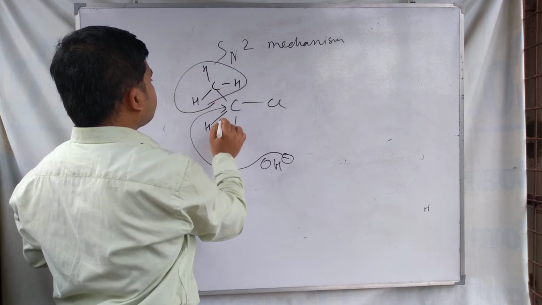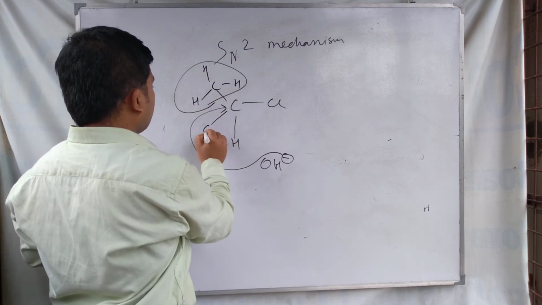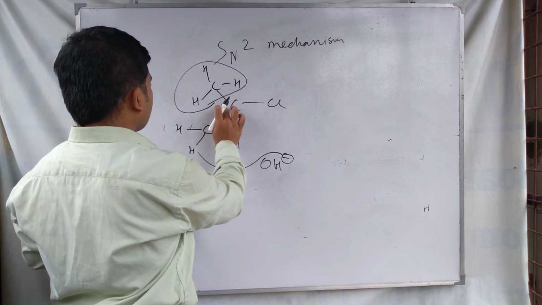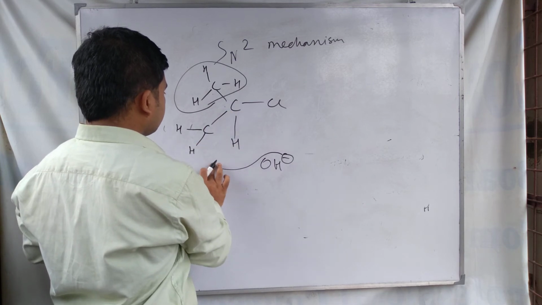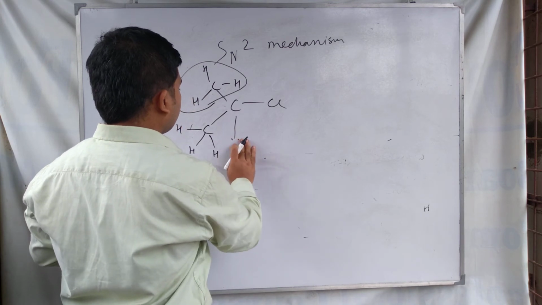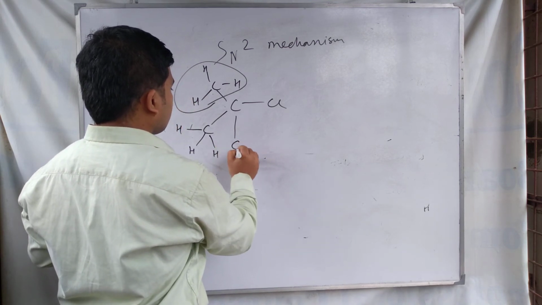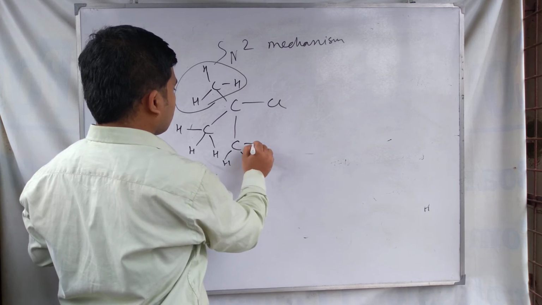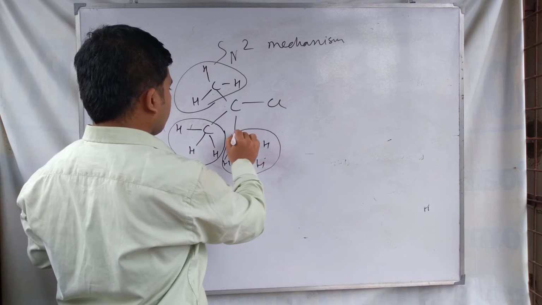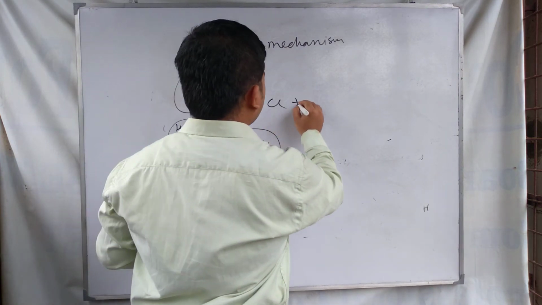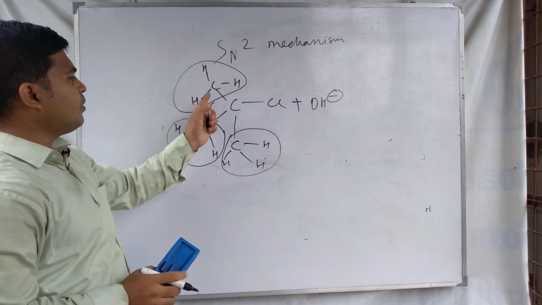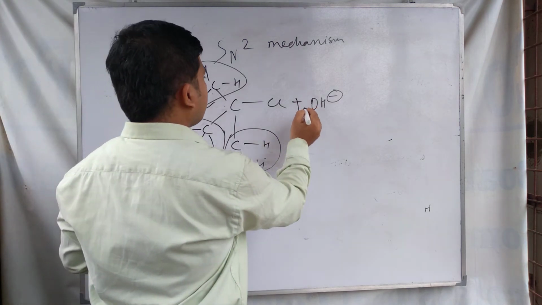Now look at this molecule. This is a tertiary alkyl halide, CH3, CH3, CH3. So when the nucleophile